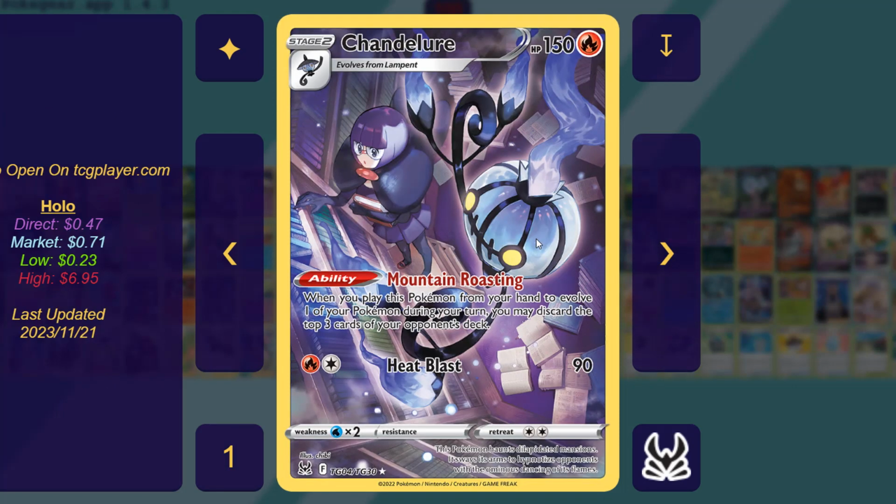Then we have Chandelure, maybe fitting that it evolves from Lampent. We're talking about this. I did play some decks in Expanded with this, but it's mainly for the art. Because this is just worse than Rhyperior in Expanded. But discarding top 3 cards of your opponent's deck, kind of cool. We're seeing a little bit of it in Standard right now, paired with the new Stall Snorlax deck, but it's not very good